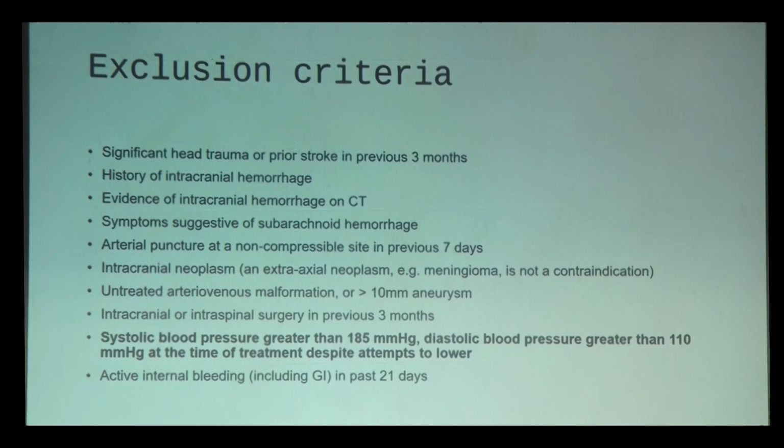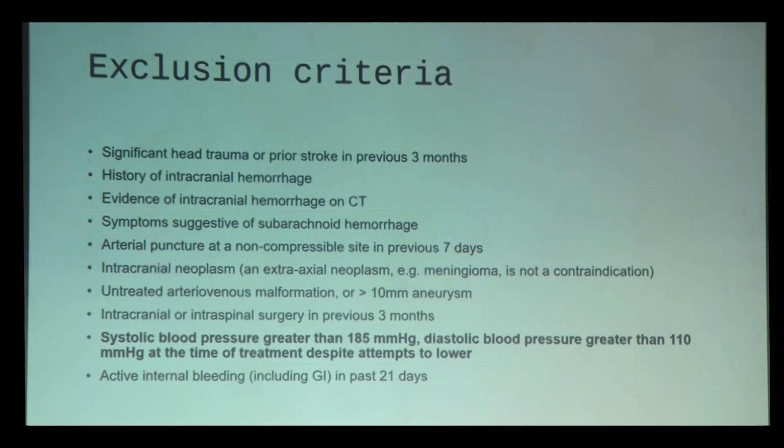thrombolysis. So as per the AHA guidelines, there are many exclusion criteria mentioned. That is, one is a significant head trauma prior to stroke in the previous 3 months, and history of intracranial hemorrhage, and evidence of any intracranial hemorrhage on CT, symptoms suggestive of SAH, or any arterial puncture at a non-compressible site in previous 7 days, and intracranial neoplasm, or meningioma, which as per the physician discretion is decided as a contraindication, and untreated AV malformations or aneurysm of more than 10 mm, and intracranial or intraspinal surgery in the previous